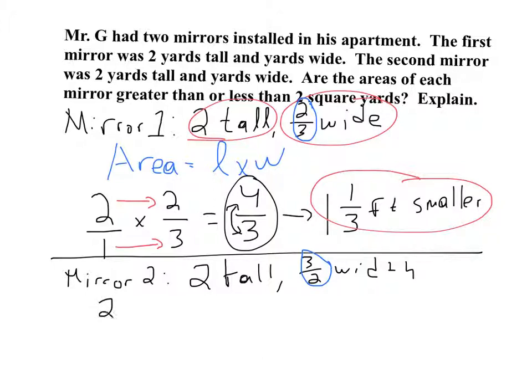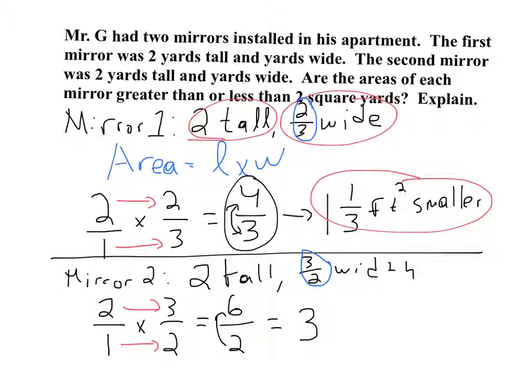Same story as last time, we're going to take 2 and make it into a fraction by putting it over 1. We're going to multiply it by 3/2. Again, multiplying two fractions, all you have to do is the numerator times the numerator over the denominator times the denominator. We end up with 6 over 2, which simplifies because 2 goes into 6 3 times, and we have no remainder. So the area is 3 square yards, which is bigger